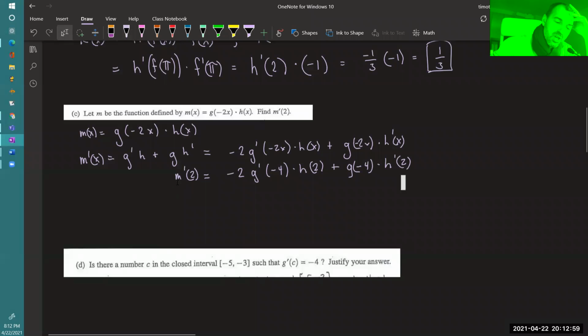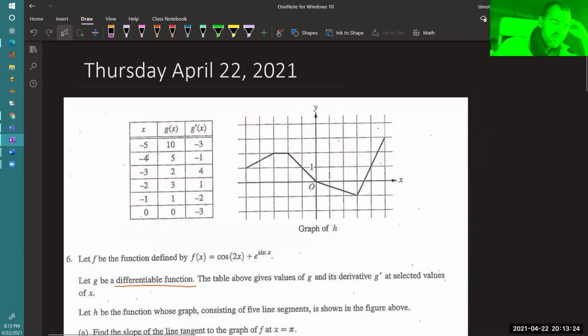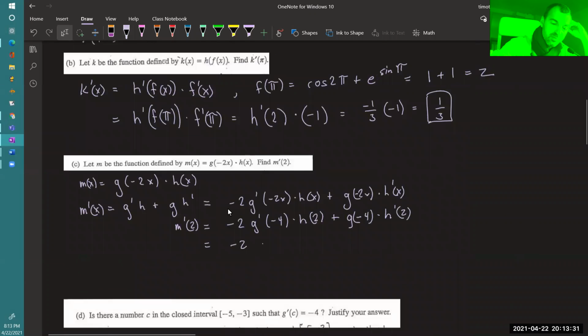So what did I do there? So this is pretty heavy on the notation as well, right? So you got to understand your notations here. This is m prime of x, but I'm taking all these x's and I'm replacing them with 2's, all right? And now I got to just figure out all these values here. So it's a -2, g prime of -4. Well, let's go up here. We're going to do g prime of -4 happens to be a -1. All right. So I'll throw that in there. -1. H of 2